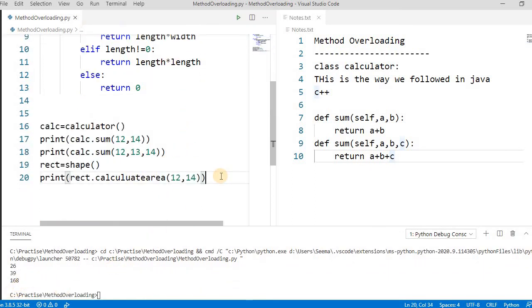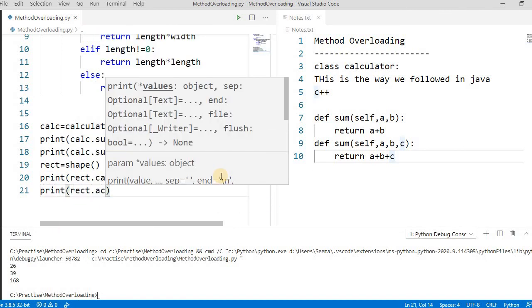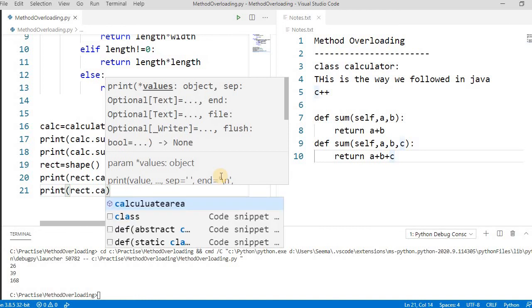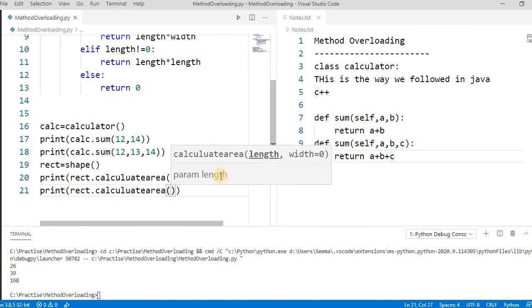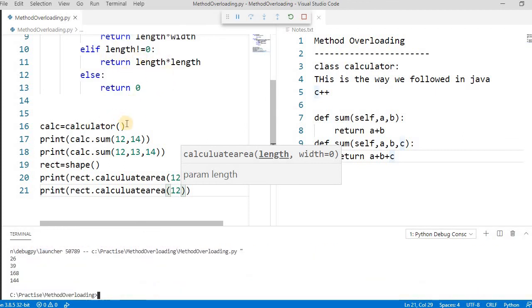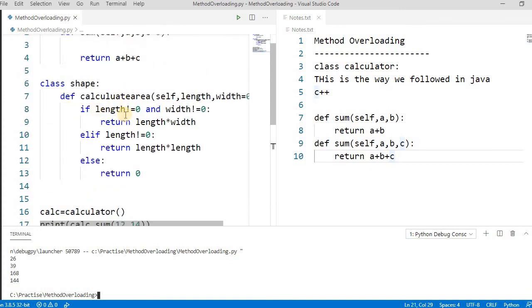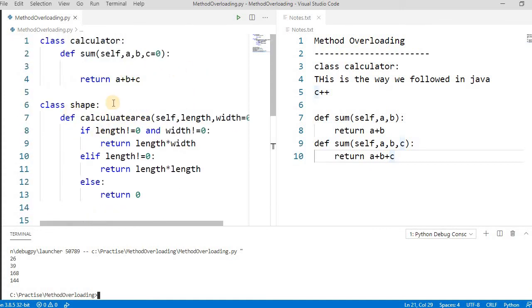Now if you pass only 12, then it takes the else part. So by tweaking this, we can write method overloading in Python.